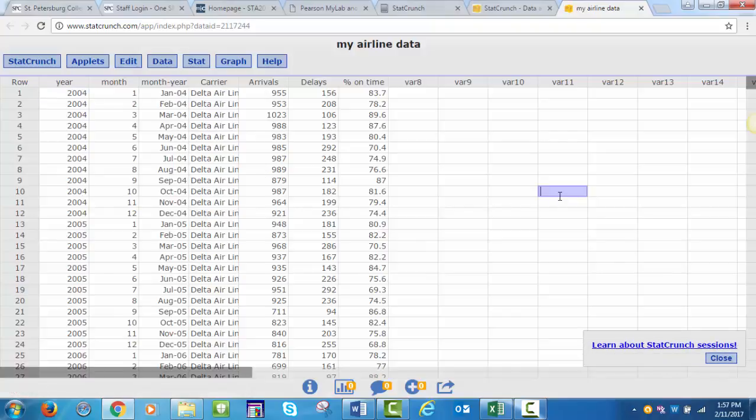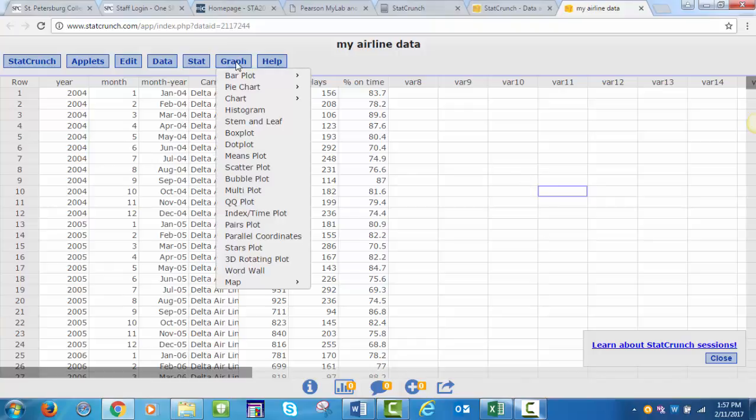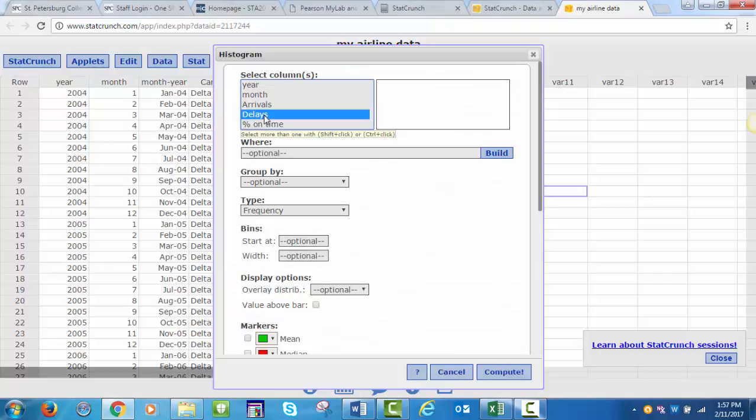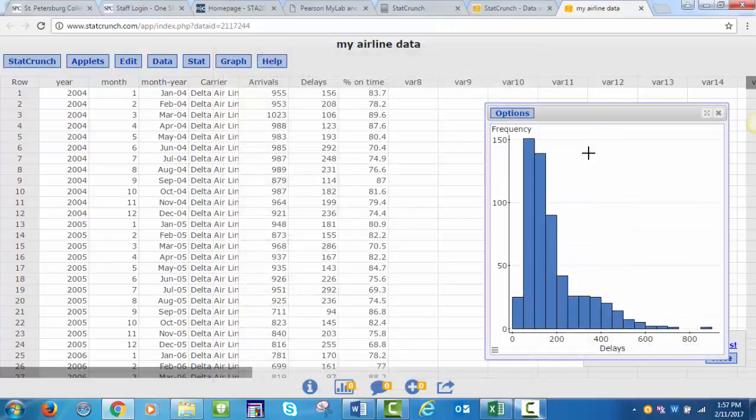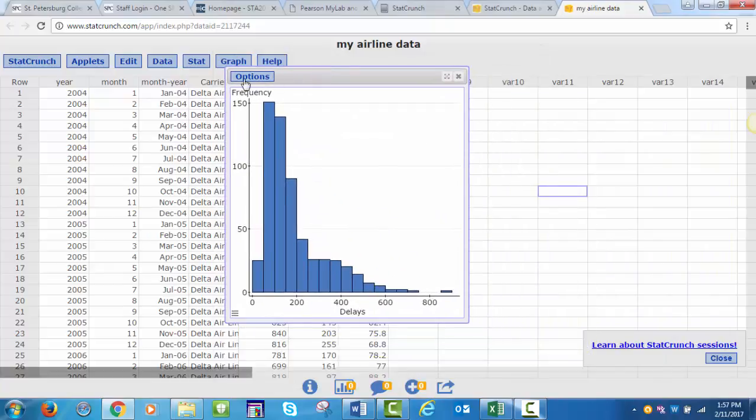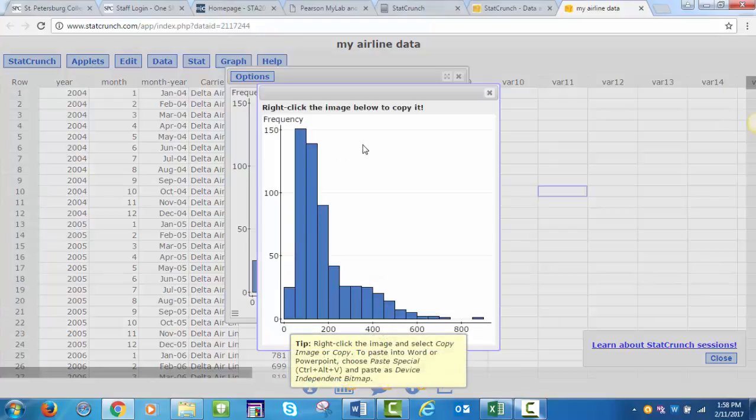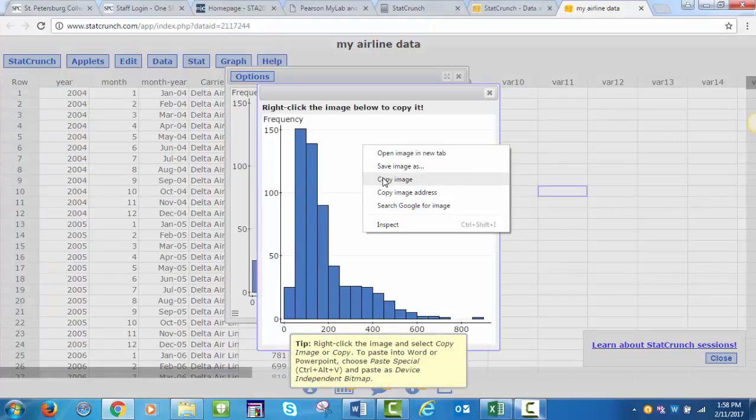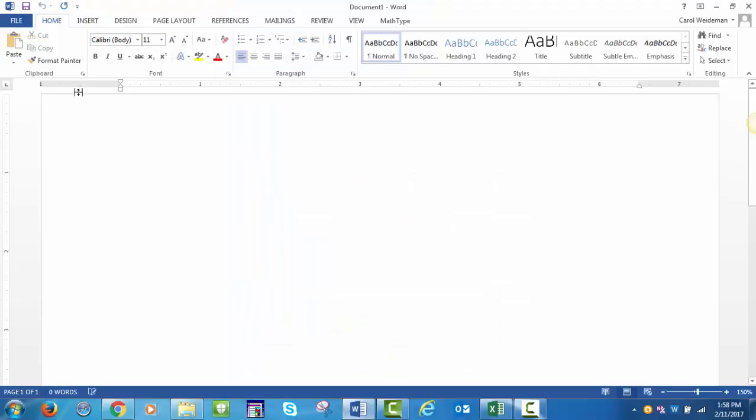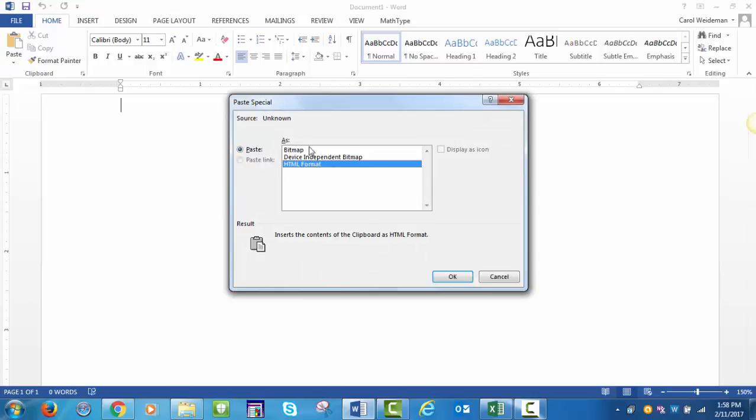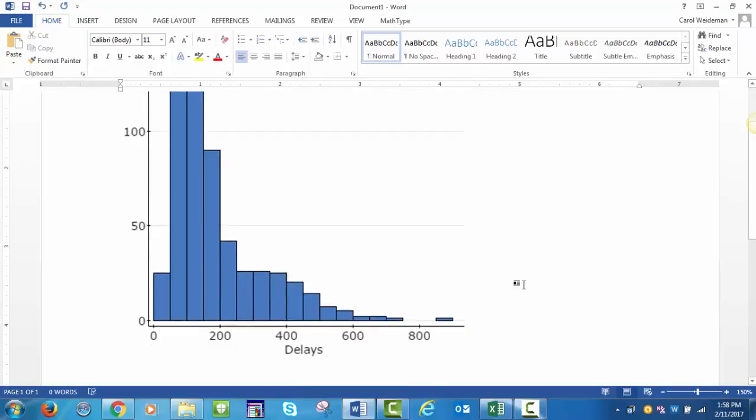Okay, now the second thing I wanted to show you is how to cut and paste things into the Word file. So first of all, let's make a histogram of delays. Compute. Alright, so I've got a graph here, and if you notice under options, you've got a copy option. It says right click on the image below to copy it. So I'm going to right click, copy the image, and go into Word. I'm going to go over here to paste, and I want to do a paste special, and I want to paste the bitmap. And that will bring in the file very nicely,